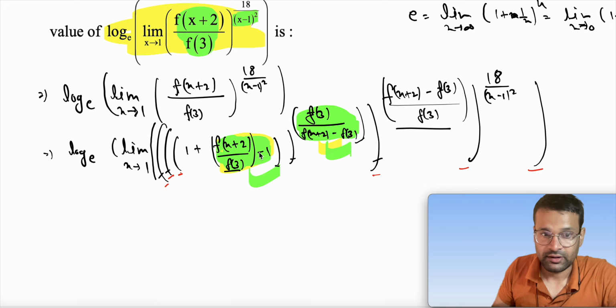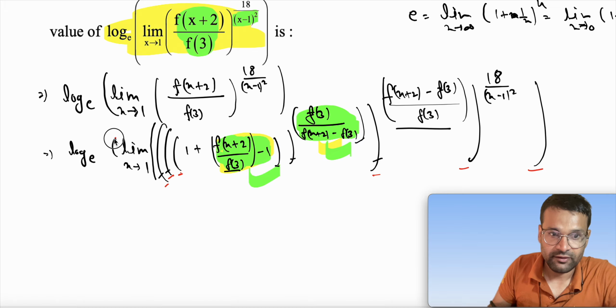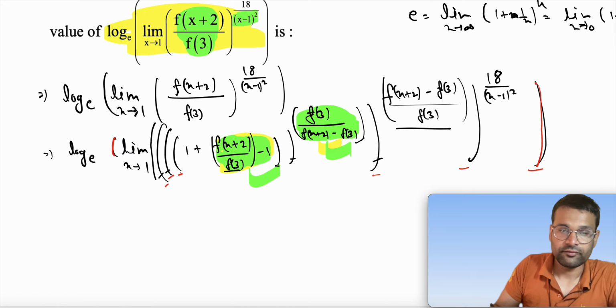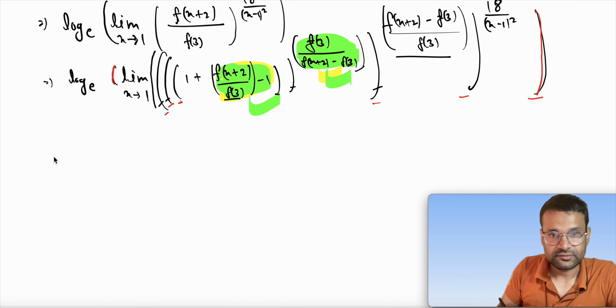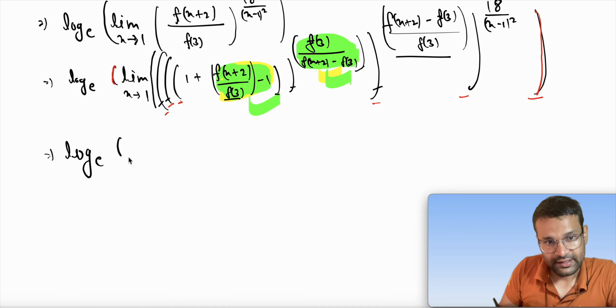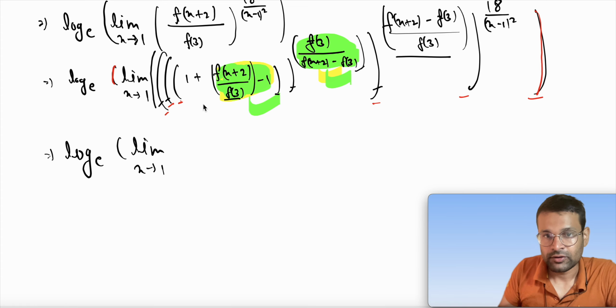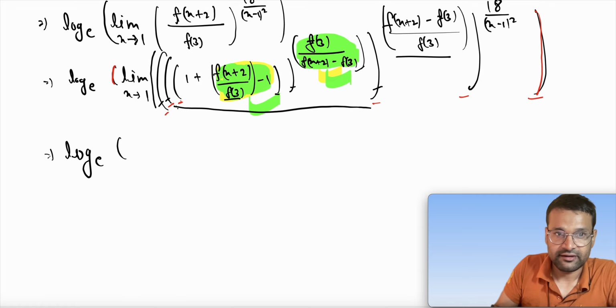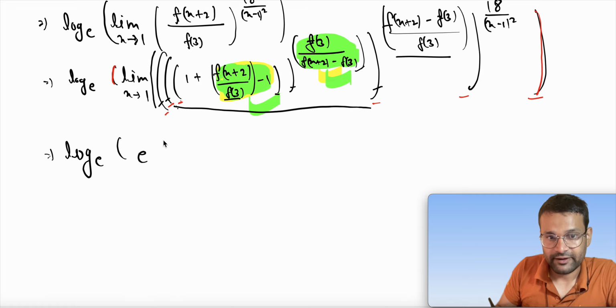Okay, for this one, everything is done. Now you simplify: log e limit x tends to 1. This whole part I'm taking from here to here becomes e, so we simply solve it like e power limit x tends to 1,